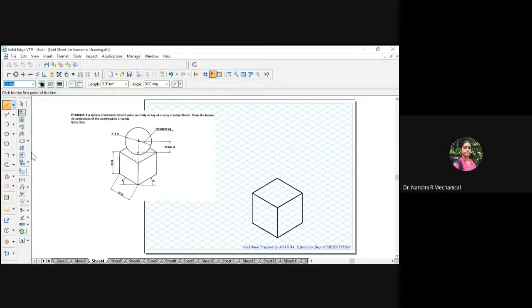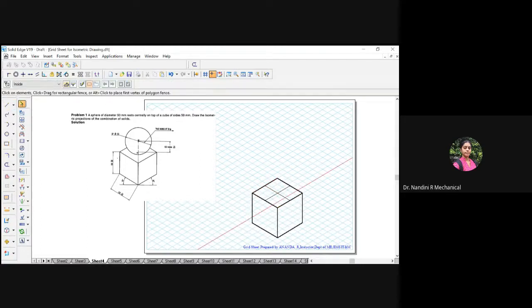I will take normal line and identify the midpoint. This is the midpoint symbol it is showing. I will join it. You have to measure exactly the center of the side and then connect. So one more line from this midpoint.